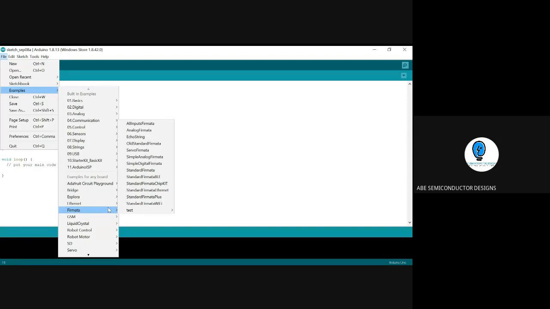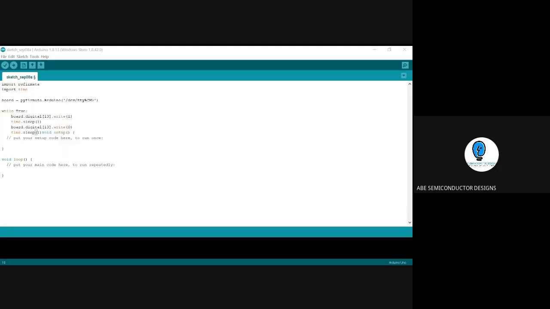You can see here the Python code for Wi-Fi, Bluetooth, Ethernet, ChipKit, BLE, everything is available. So you can write code in Python and run it, provided Firmata is running over here. I've already made one code actually, right? Yeah, here is the code.